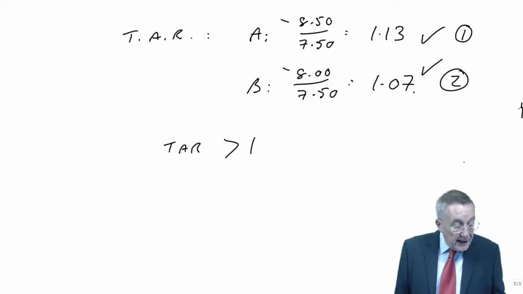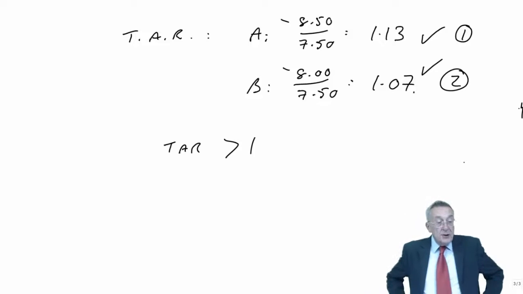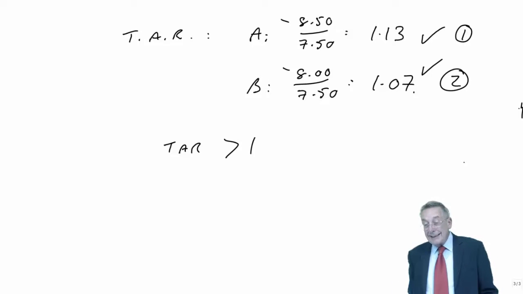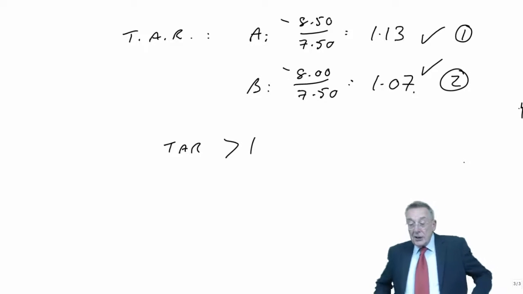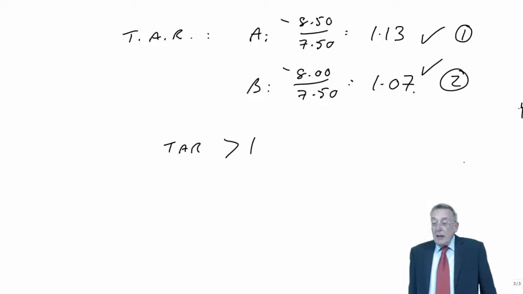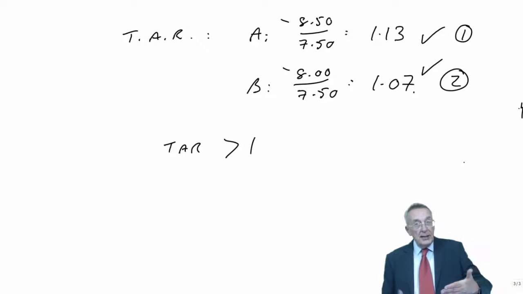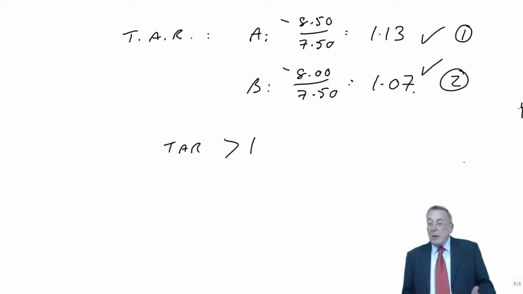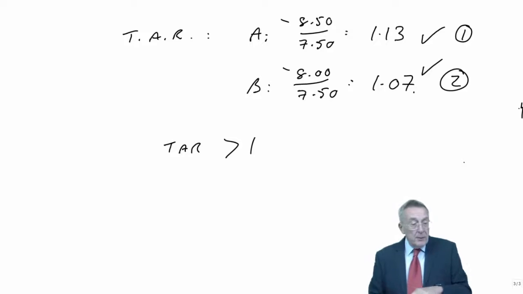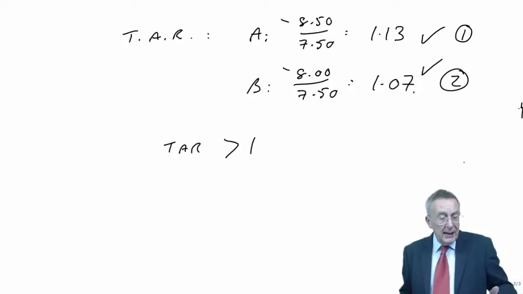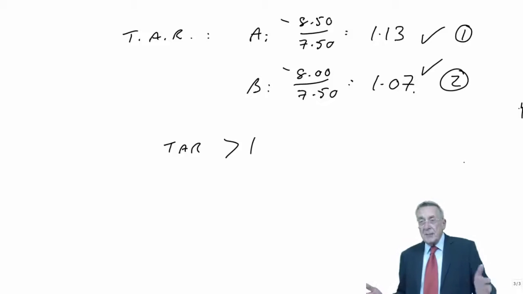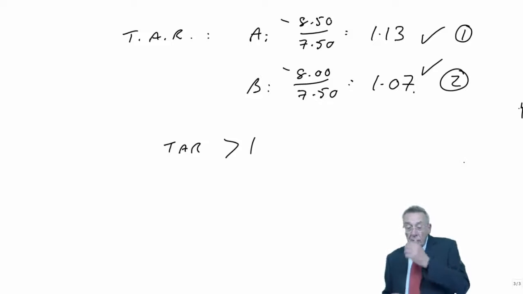Part C does say, suggest some reasons why you might decide not to withdraw an unprofitable one. What we mean here is just suppose B had a throughput accounting ratio of only 0.9, which would mean the return was less than the cost per hour, in that sense not profitable. Well, you might, for several reasons. Perhaps the most obvious one being that maybe the products are linked, they go together. Maybe A was desks and B was chairs and we sell them as a package. Or in fact, if you did withdraw B,